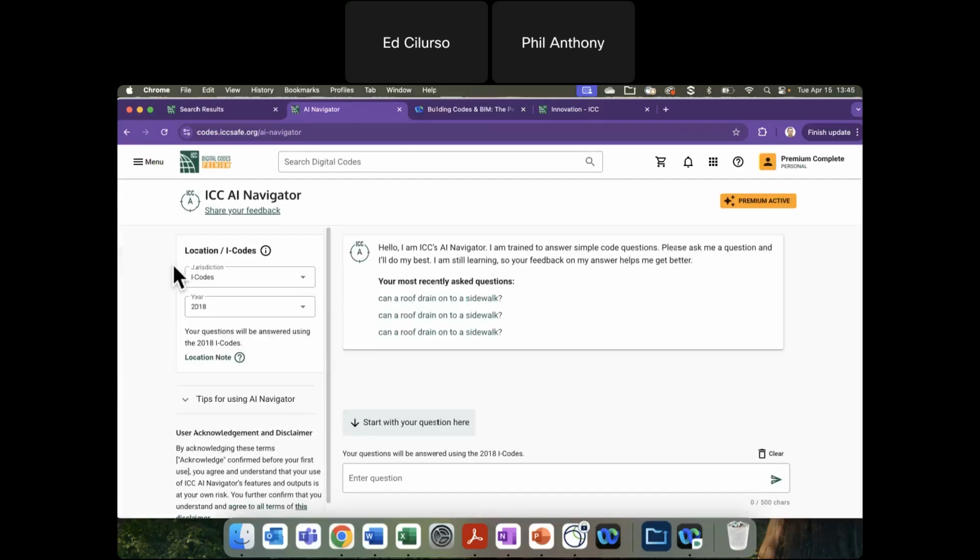So if you ask it questions that you know are covered by the IEBC, and obviously the IEBC and the IBC have areas they cover together, you can prompt it and say that, for an existing building, I want to ask this question. It is then going to be a lot more likely that it will source its answer from the IEBC if it can. The AI Navigator does have information within its prompt about how to use the different code books.